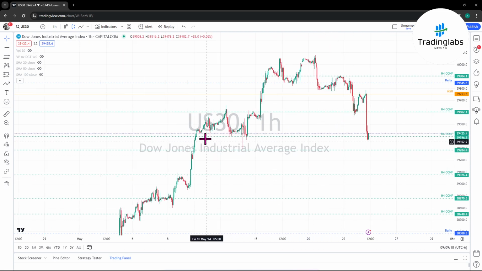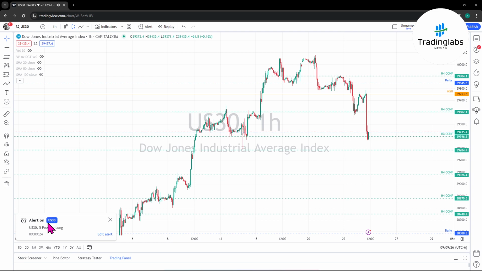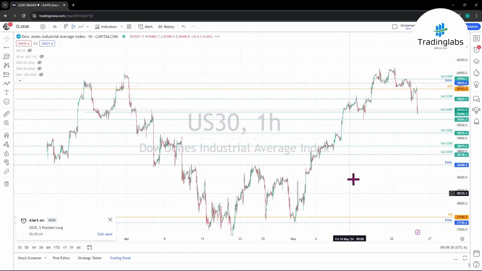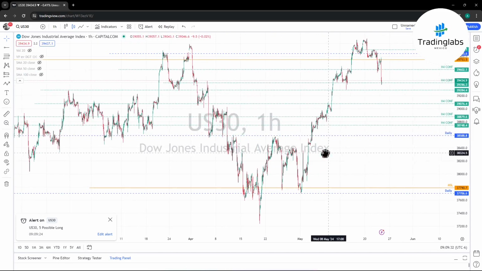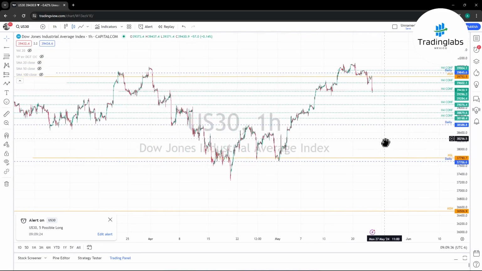So right now we are in this support, and the market is pushing up right now. Okay, it's pushing up. And right now we can make